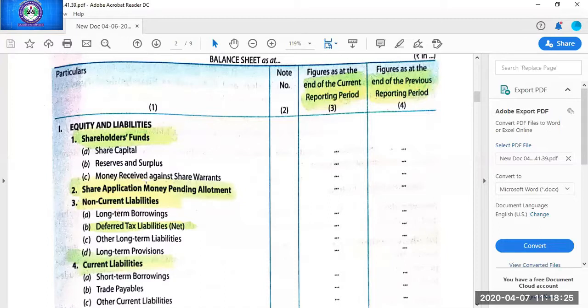So you have to put a cross on them, and you need not go into the details of those heads because they are beyond the limits of your subject or your course. You will be studying those heads in higher classes.